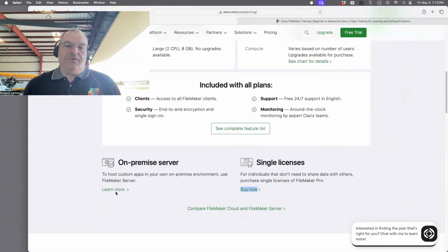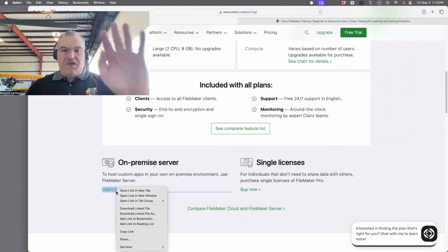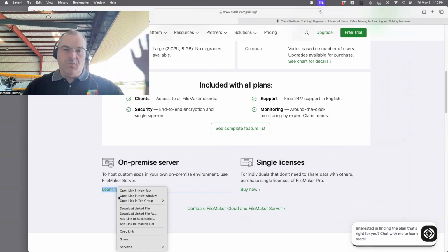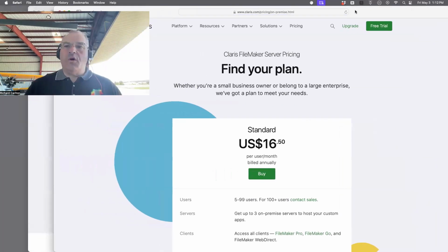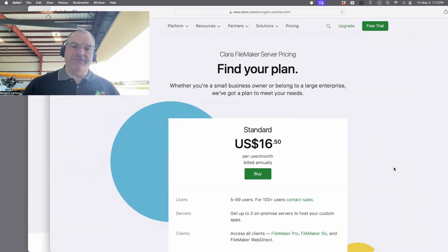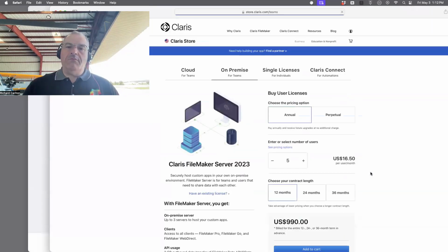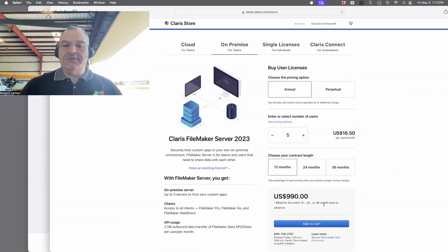So when you come to this website, it should go to the on-premise section first. That's the default. So just click open a new window, on-prem. This is where it should go, and this is $16.50 a month. So the minimum buy on this, go ahead and hit buy it, Margaret. It's going to ask how many people in your team need this, and notice it starts at 5. It doesn't go below 5. That's that question about 5. So your minimum cost to Claris for 12 months is going to be $990, about $1,000.